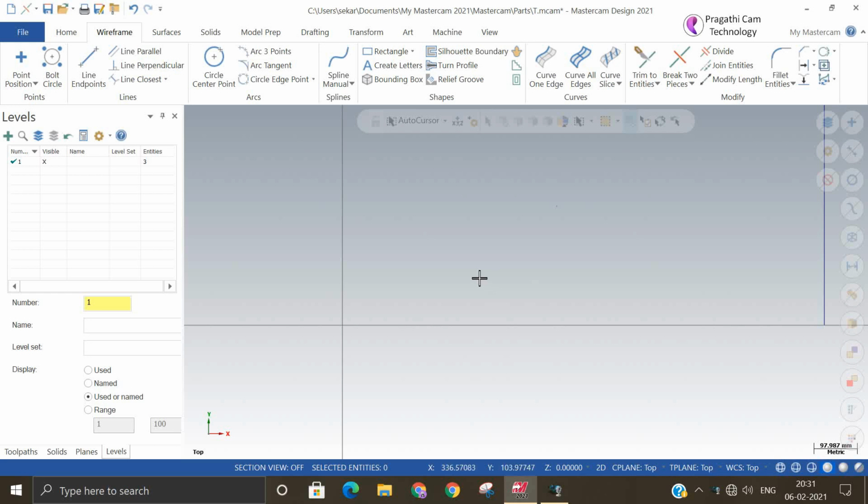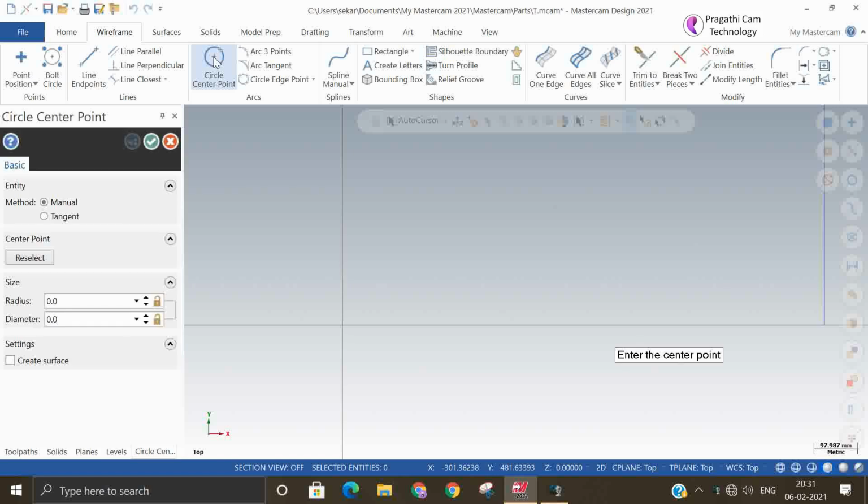Hi, now we are going to see the arc creation methods. So now you can see the circle. I just click here and if you have a center point, from that center point you can give the radius, you can make the circle. First of all you give the radius and lock it and go and pick on the center point. Accept. Otherwise unlock the lock, make a circle. Later on you can modify the size. So both ways are possible to make the arc.